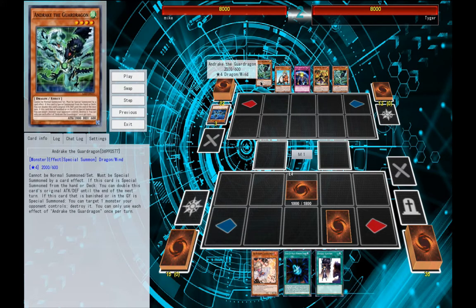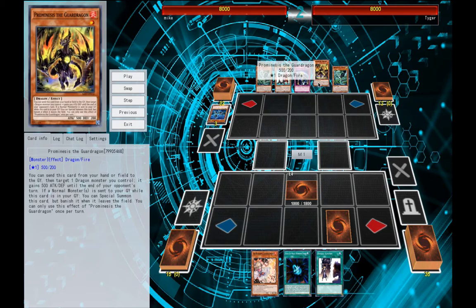At this point, he can send Andrake: cannot be normal summoned or set, must be special summoned by a card effect. If this card is special summoned from the hand or deck, you can double this card's original attack and defense till the end of the next turn. If this card that is banished or in the graveyard is special summoned, target one monster your opponent controls, destroy it. And then he also has Prometheus, Prominesis,